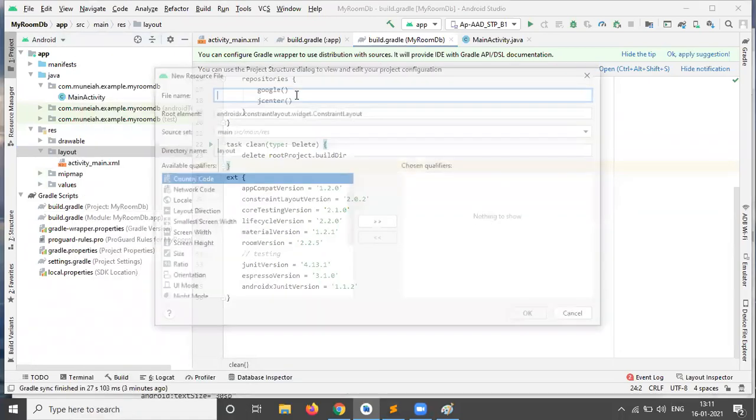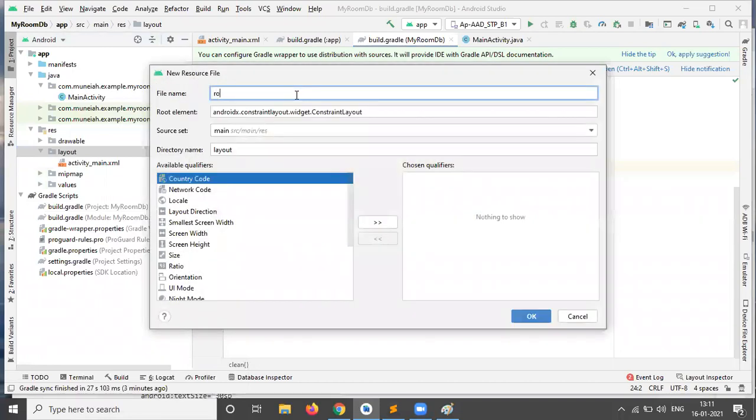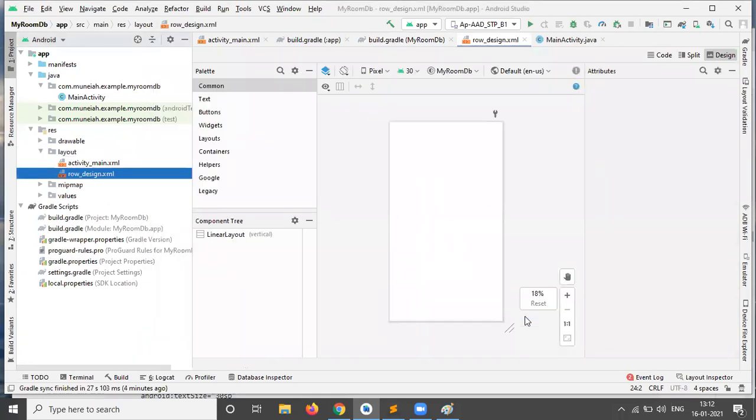The file name I am giving is row_design. Before clicking the OK button, I need to change this constraint layout to linear layout. Then click the OK button. It will initialize the row_design.xml file.